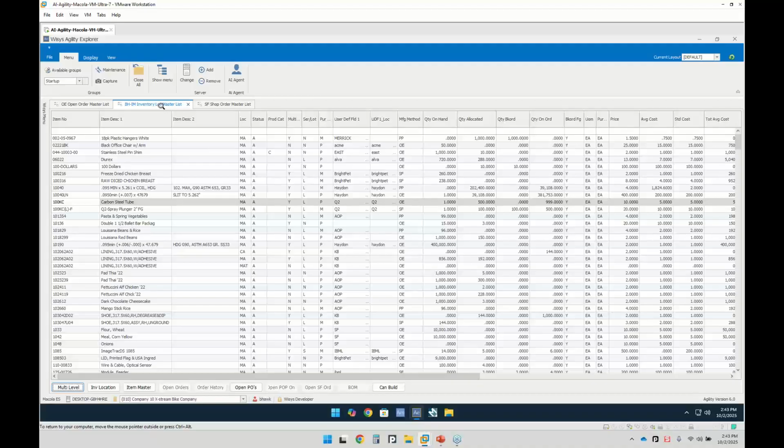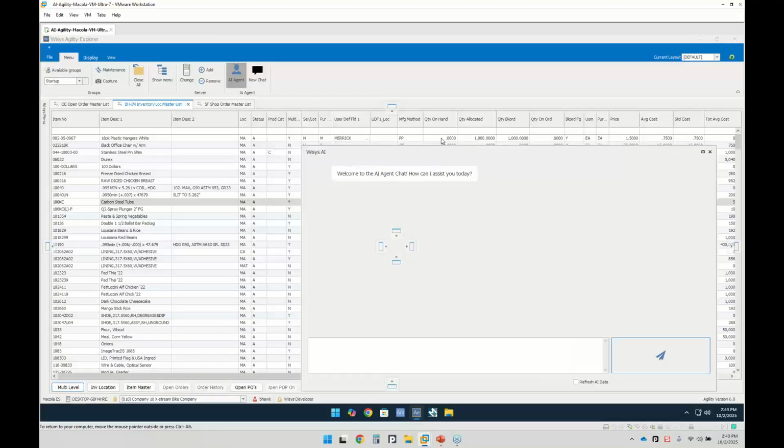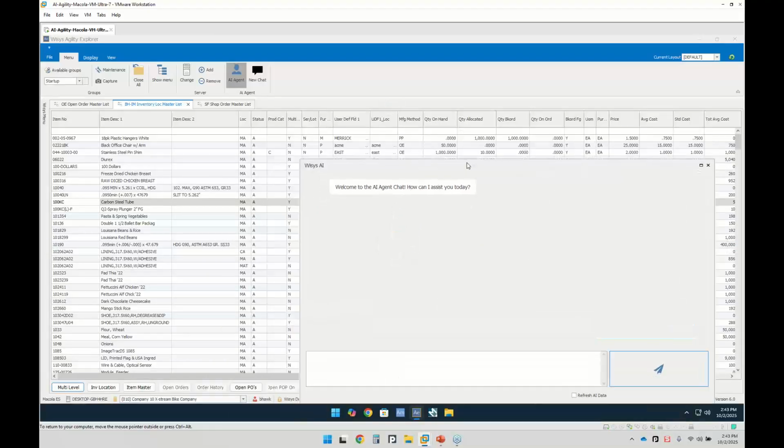And now I'm looking at my inventory location list, and I'm going to look for, let's see, I've got agent, new query, and I'm going to say, how many items are purchased and